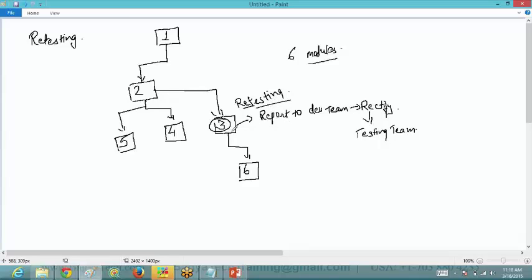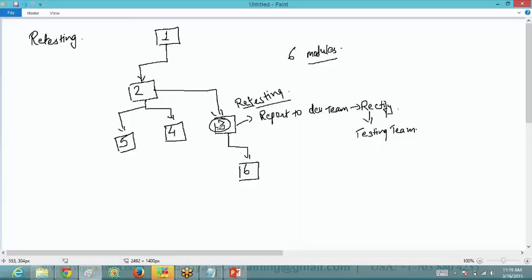Now see, so this was retesting. If there was an error over here and it is rectified, you have retested it and it is now working properly, this is all good.